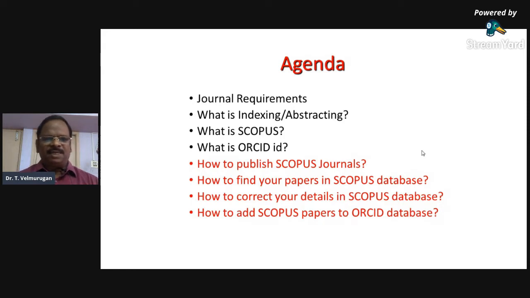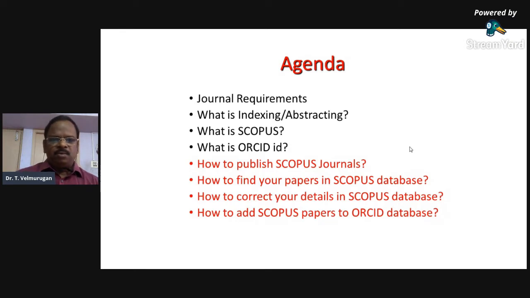What are the red color points? These red color points are carried out by me through a practical, workshop-oriented session. We have to discuss how to publish Scopus journals by yourself, how to find your papers, whether they are available in the Scopus database or not, how you can search your name, and how you can correct your information and details in the Scopus database.